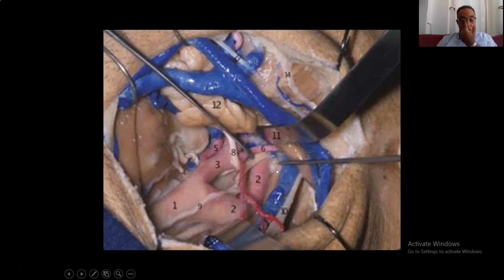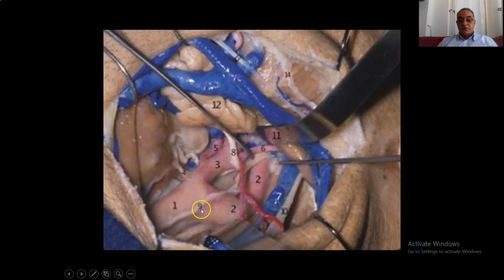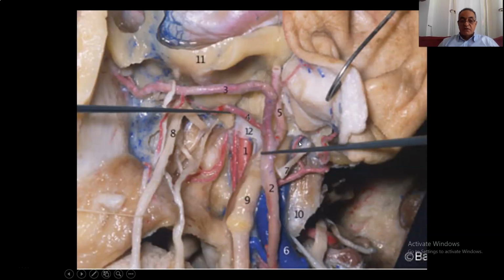And this is another view showing the ansa cervicalis in front of the carotid, and you will see the posterior belly of digastric with the hypoglossal nerve. This is another view, and here you see the external carotid artery. Deep is the internal carotid artery, and this is to show you that the internal carotid artery is medial